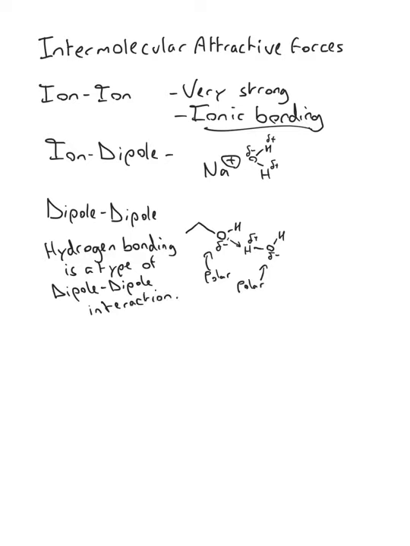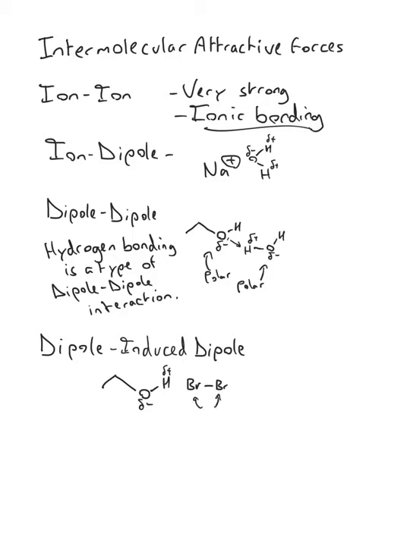Alrighty. Next, we have the dipole-induced dipole. So this is where something that does have a dipole, such as we'll continue with ethanol, is interacting with a molecule that does not usually have a dipole, such as, say, bromine. So bromine will look something like this. As you can tell, both are the same electronegativity,